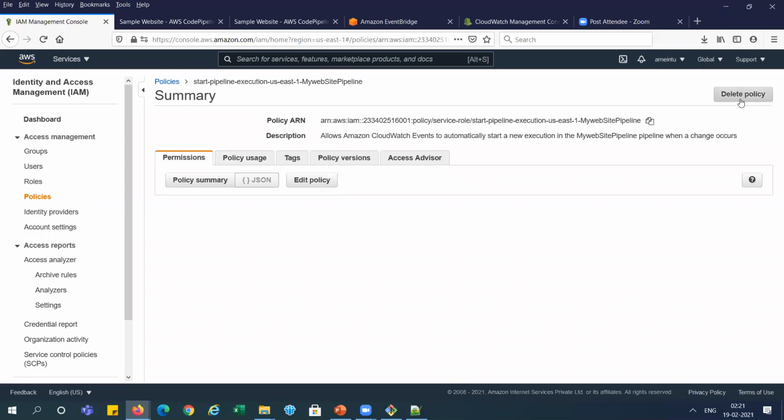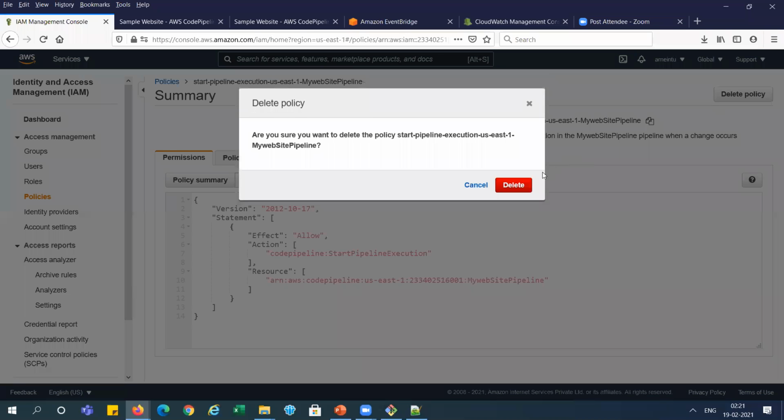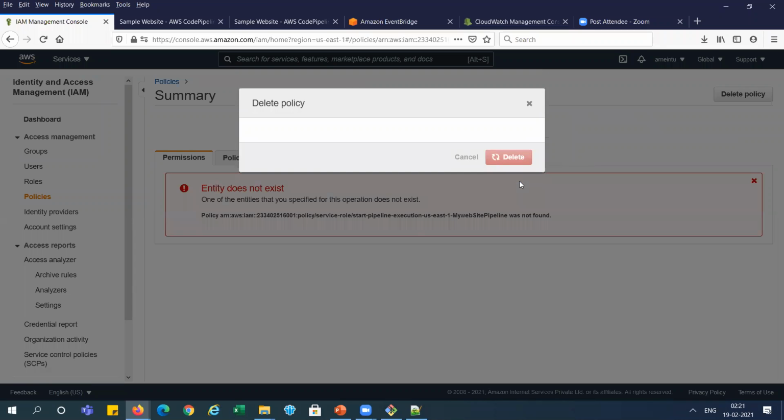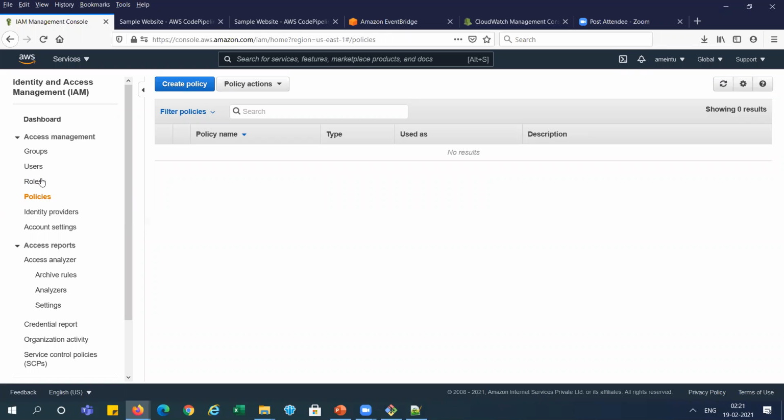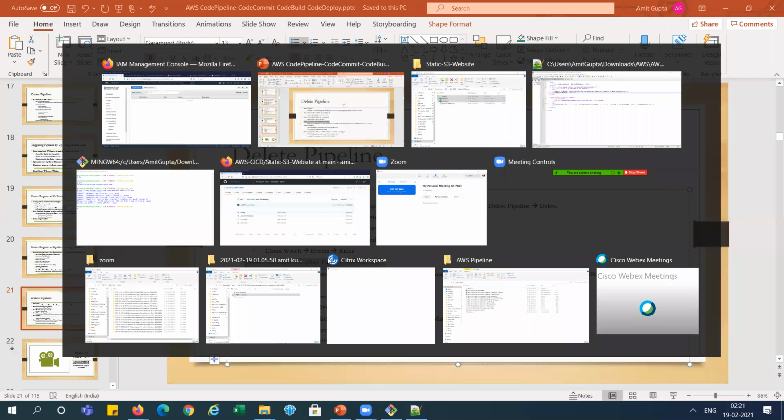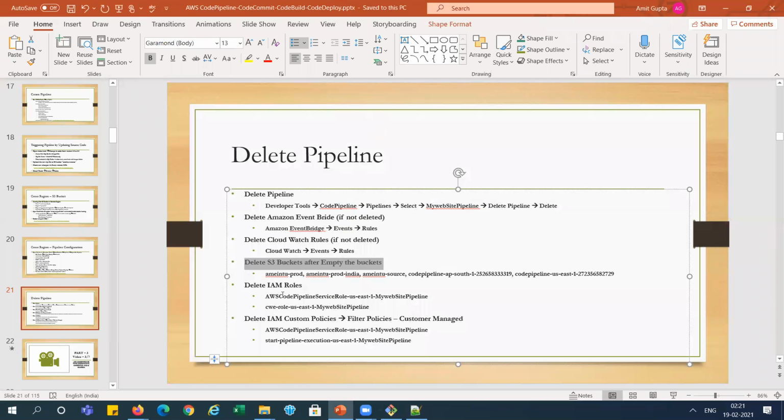So I will open it and delete it, delete policy. Now we deleted the roles, and now we deleted the policies, right? As I've mentioned here, delete the roles, then delete the custom policies, two policies created. Now we have deleted all those resources which we used in this demo, right?